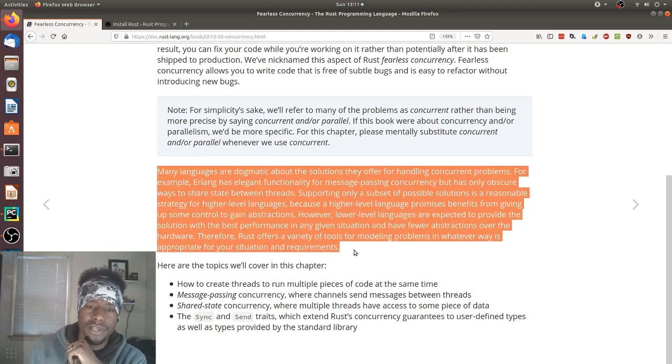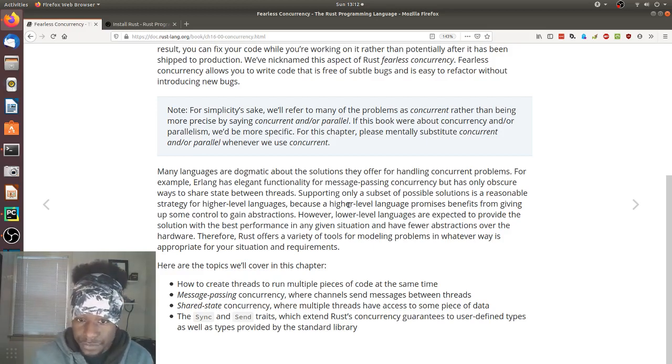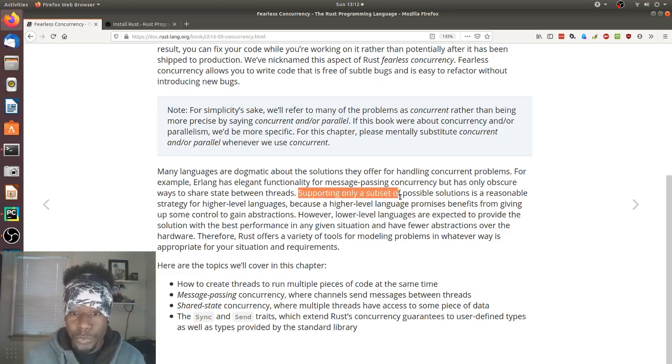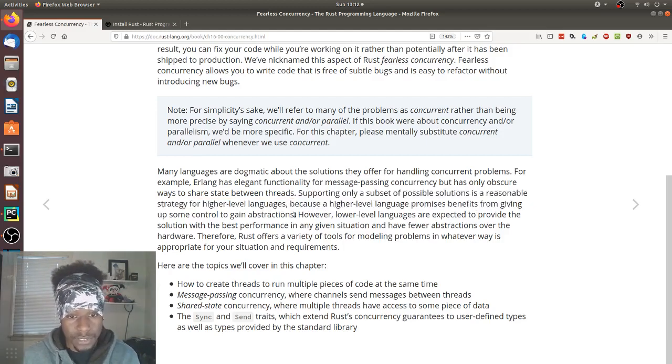Alright, so in this paragraph, they mentioned a comparison with Erlang, but that Erlang comparison is not actually all that important. What's important here is the distinction between high-level languages and low-level languages. So what they say is, supporting only a subset of possible solutions is a reasonable strategy for high-level languages because a higher-level language promises benefits from giving up some control to gain abstractions.